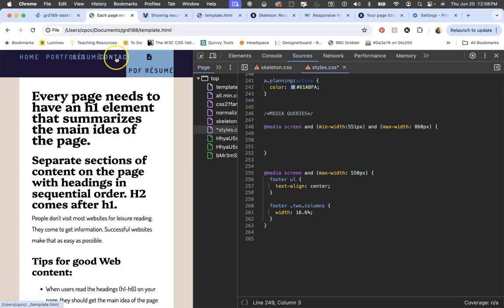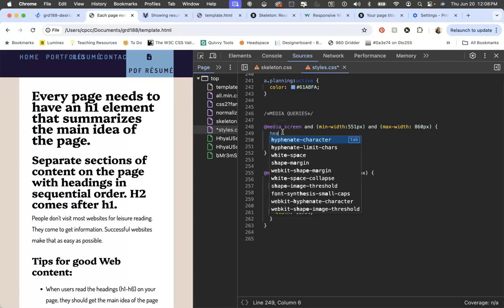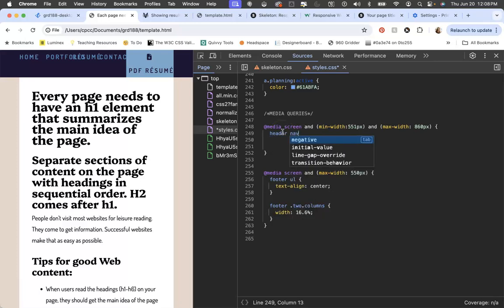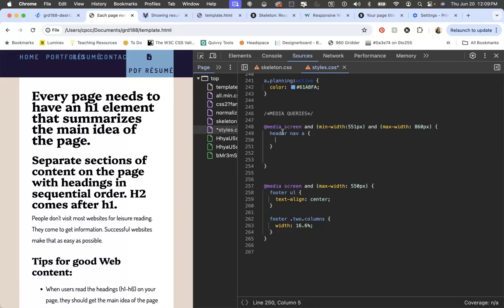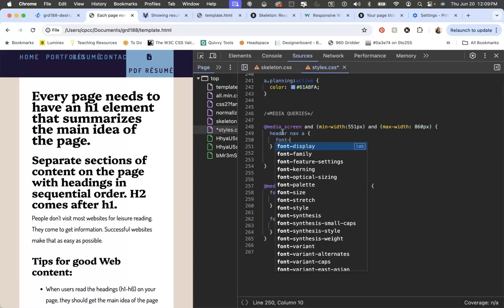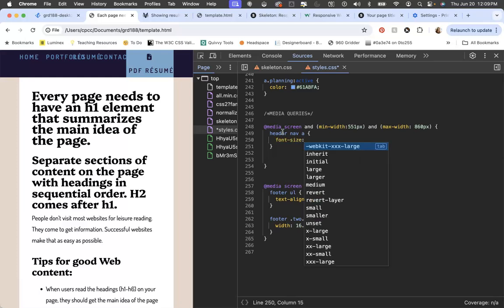So right now it's actually just the text size, and most of the text is being dealt with within the anchor elements for these. So the farthest nested piece. So what I really need to call out here is header, nav. I probably don't need to drill down through all the UL, LI. I can probably just grab A. And I can do font size. Now remember, we're using rems, so we've got our base value here of, I think it was 16 or 18 pixels. So I can take this one down though to,